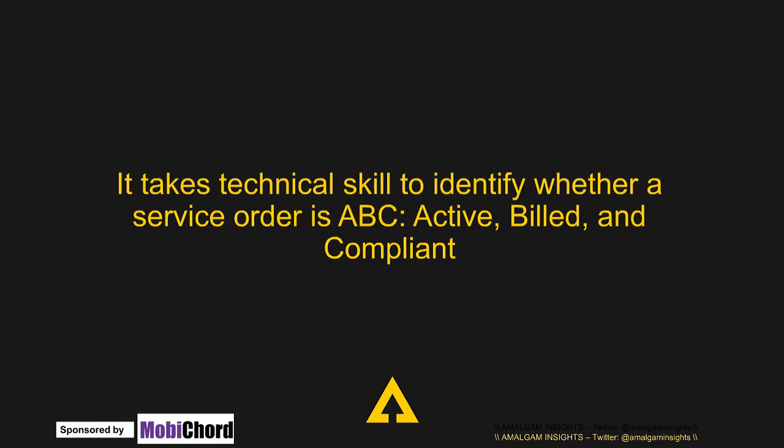As I said, it takes this technical skill, and basically the framework we use to think about this here at Amalgam Insights is ABC: active, build, and compliant service orders. Basically, if you can get that ABC correct for your IT service order, you'll be okay. But it's a bit harder to do that than simply saying ABC. You have to have some technical understanding of what you're doing, especially in these IT subscription areas where I spend most of my time, across telecom, enterprise mobility, infrastructure as a service, and software as a service. Each of these 4 areas has its own specific definitions of what a service order is, as well as how to actually make sure that those service orders are